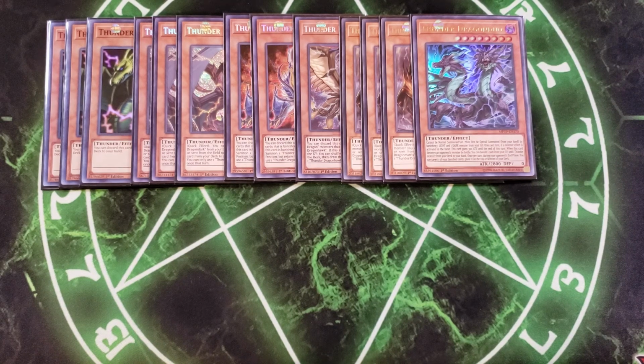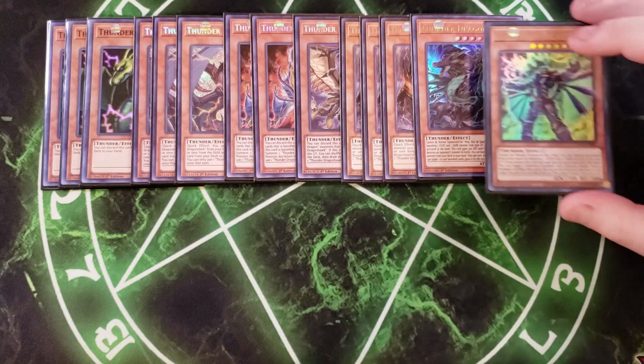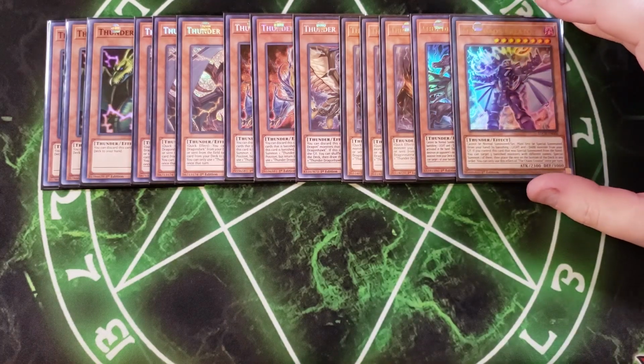And when this card destroys an opponent's monster by battle, you can banish a card from your graveyard and add a Thunder monster from your deck to your hand. And once per turn during your opponent's end phase, you can target 1 of your banished cards and place it on the top or the bottom of the deck, which is pretty good to be able to recover some of your resources. We then play a single copy of the Chaos Creator, which is just a really awesome Chaos boss